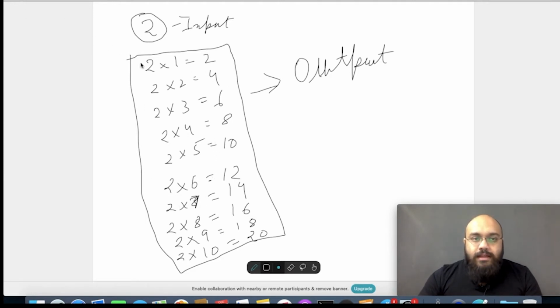So 2 is common in every line, okay, because of course we're writing the table of 2. Then you see this is sequential, 1 2 3 4 5 6 7 8 9 10, right? This is sequential, and then this is an operation, multiplication operation, okay, and the result of this operation is here. 3 things.